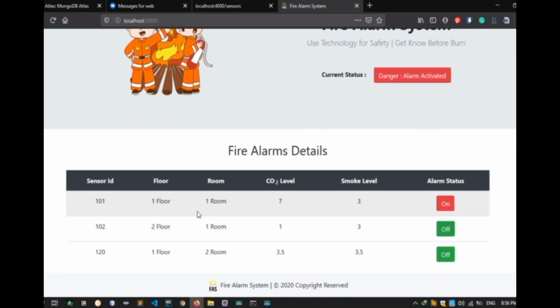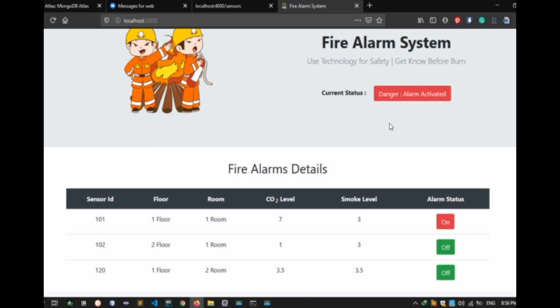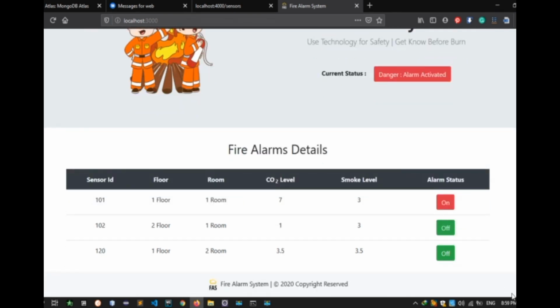Yeah, it's shown in here. My 101 sensor is activated and its color also changes in here. This web application looks for data every 40 seconds. I built the web application using React because it supports asynchronous programming.